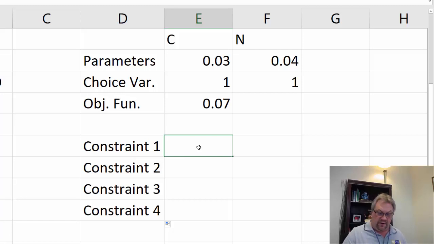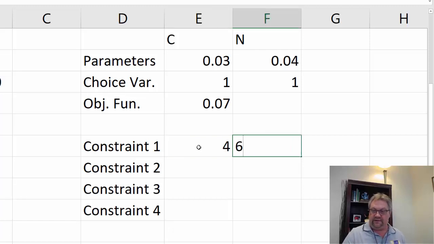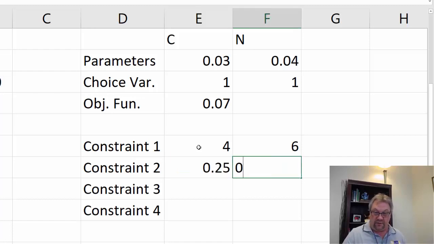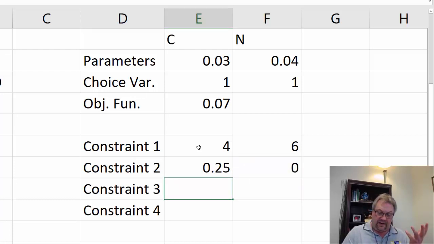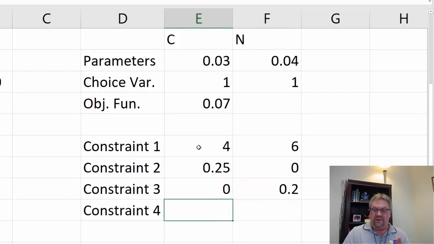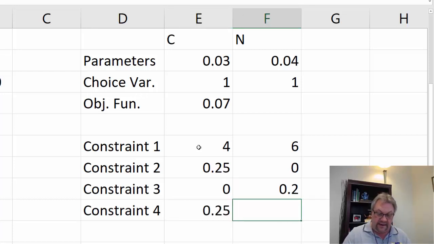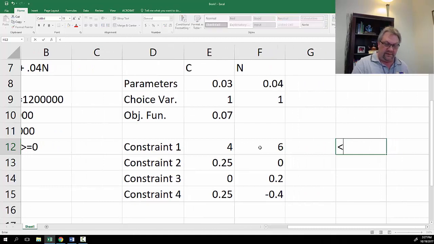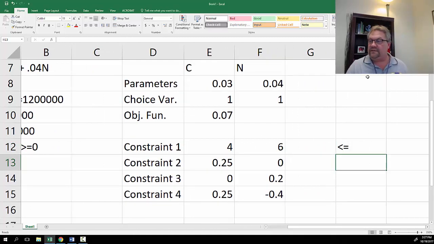So constraint 1, this is just 4, 6. Constraint 2, 0.25C, right? My parameters here. I don't have anything in constraint 2. I have 0N. And then in constraint 3, I have 0C, but 0.2N. And then in constraint 4, my parameters are 0.25C and a negative 0.4N. Okay, here's where I'm going to put my sum product. So this first one, less than or equal to,